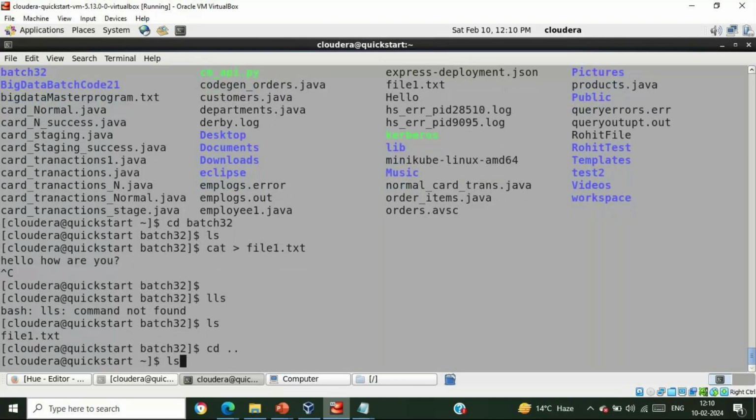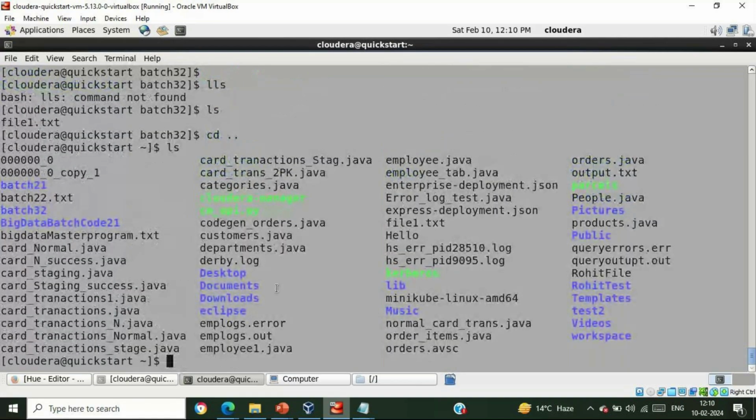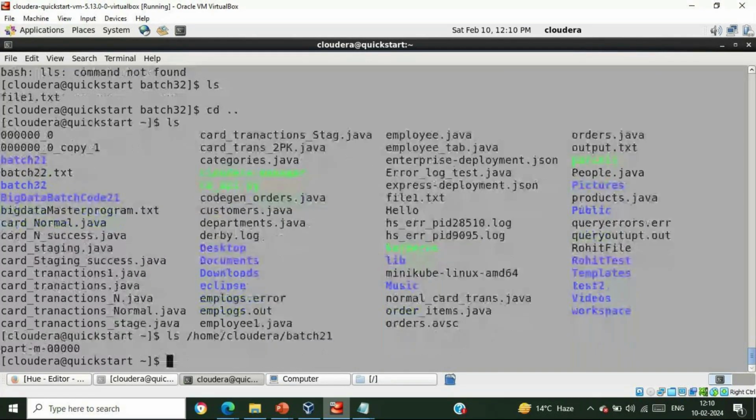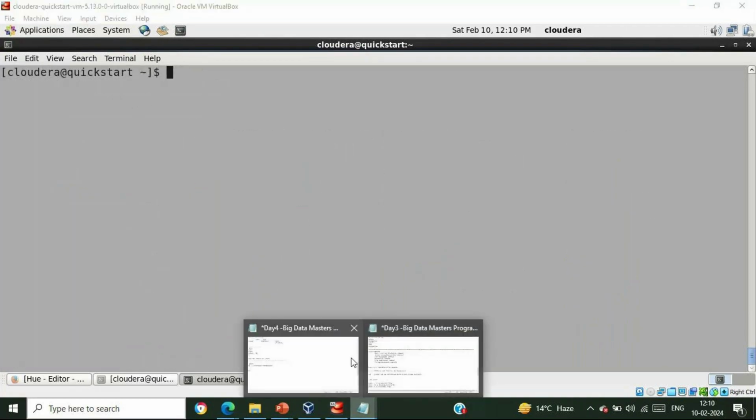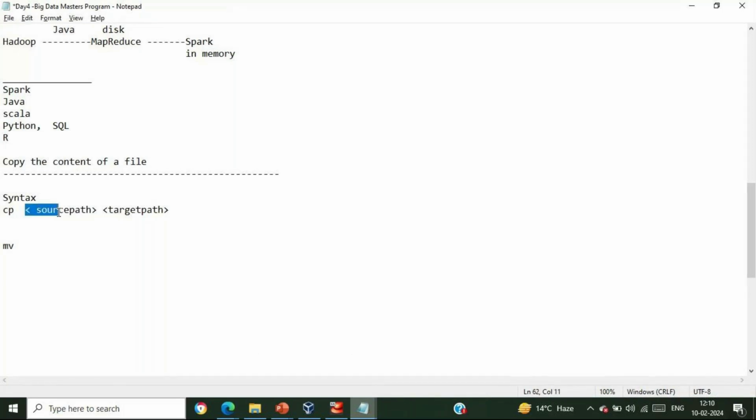And we are having batch 21. Okay, ls from cloudera batch 21. Okay, so what I'm going to do, I'm going to copy file1.txt from batch 32 to batch 21. cp, and what I'm having over here, home cloudera, this is the path, say batch 32. Okay, and file1.txt,